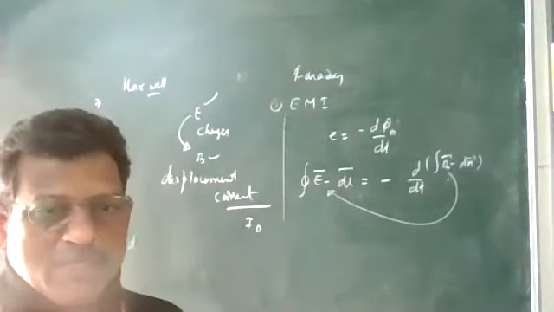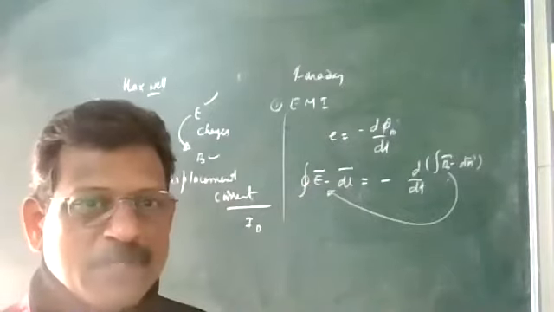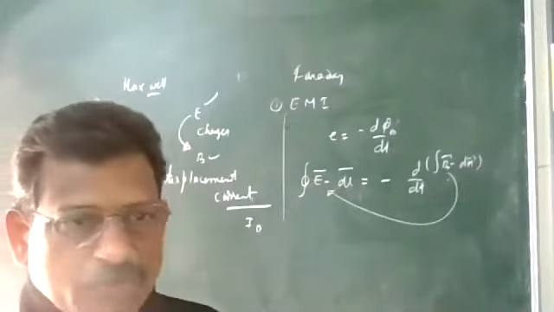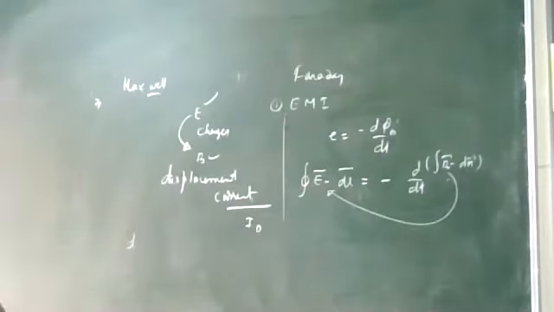So where do we explain this? If there is a current, we can find out magnetic field by using Ampere circuital law. All of you are familiar with Ampere circuital law. We use ACL to find magnetic field in complicated cases. Okay, what is the meaning of displacement current? Just I am explaining here.